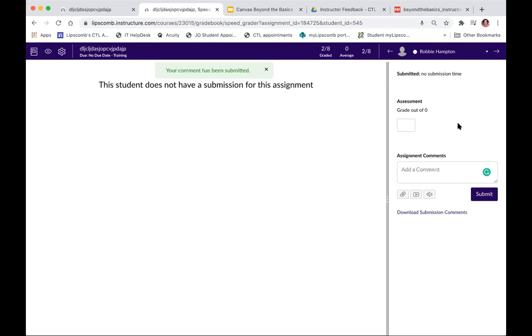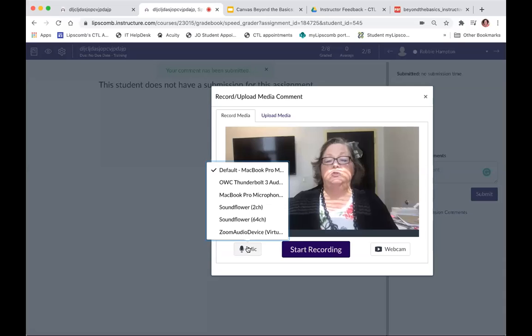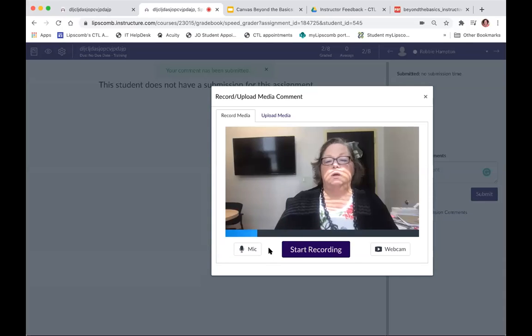And I will say that sometimes I have found myself trying to record something and thought it recorded my audio, and when I went to preview it, realized there was no audio. So there is a place to choose your microphone. When this media comment comes up, you've got this microphone button down here, so you can choose the microphone. So you want to make sure that you've chosen the one that you're really intending to use. And then the other thing is, once you're finished with recording it,